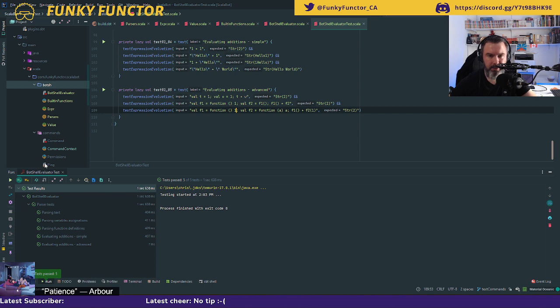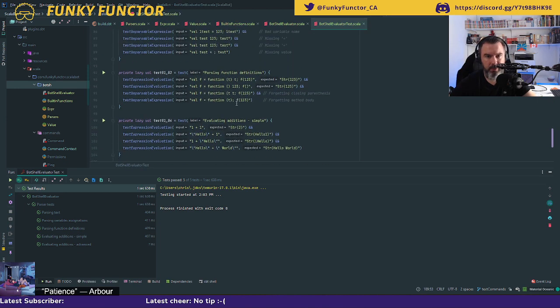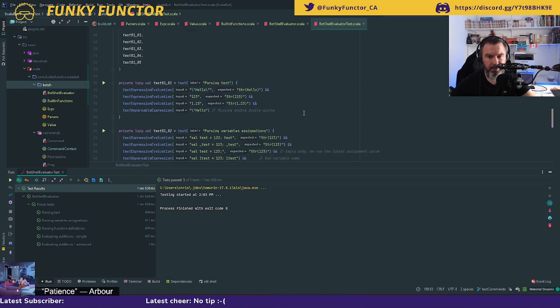Oh, something I forgot to test. Let's see. So in my parser, I have numbers, and these numbers, did I account? Yeah, so they should be either positive or negative. And I haven't tested these plus and minus, so I probably should. Let's try that. So let's go back to my test. So that is for parsing text. So this one should be easy enough.